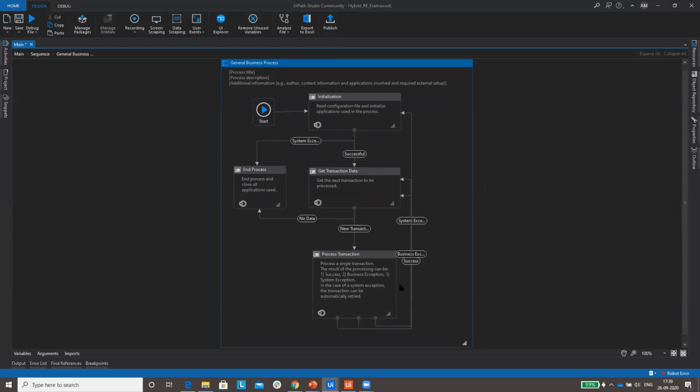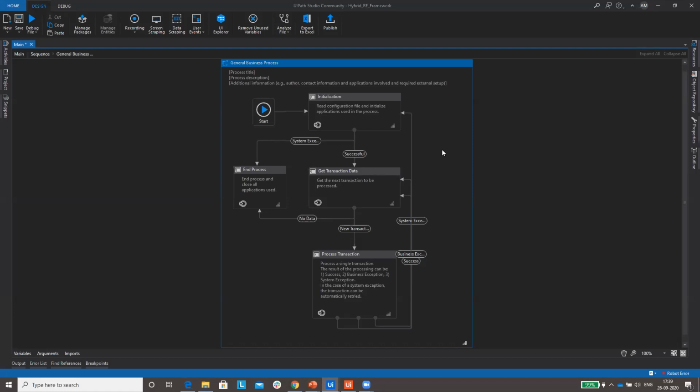So what I have done here is something you can also do. I have created a hybrid framework. You will all be aware of the Robotic Enterprise Framework, which is a performer bot. Normally you design a dispatcher code and a performer code.